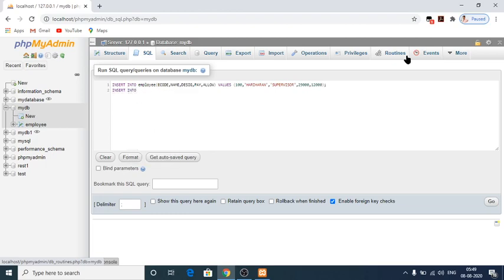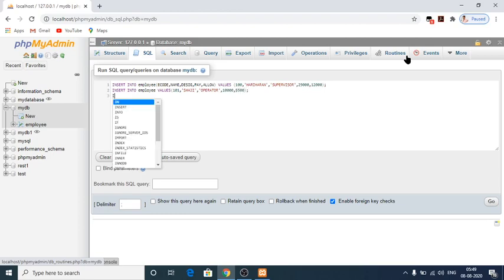Next is INSERT INTO, directly we can go for employee VALUES, 101, comma, 'SHAJI' within the single quotes, comma, and his designation is 'OPERATOR', comma, his payment is 10,000 and his allowance is 5,500.